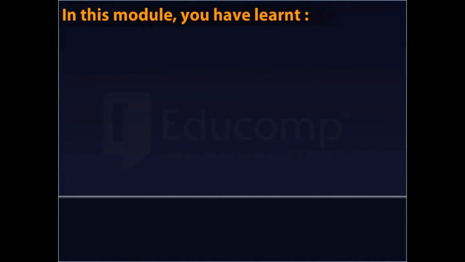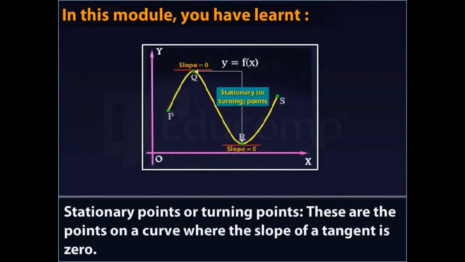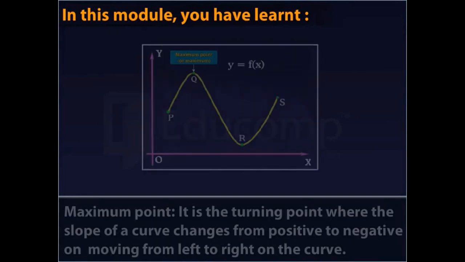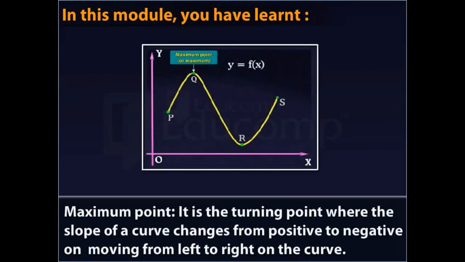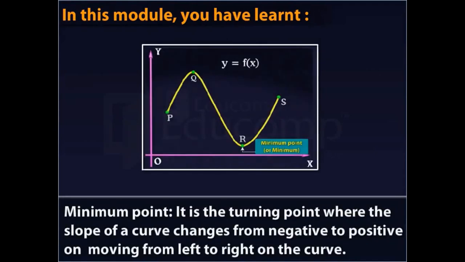In this module, you have learned stationary points or turning points. These are the points on a curve where the slope of a tangent is 0. Maximum point. It is a turning point where the slope of a curve changes from positive to negative on moving from left to right on the curve. Minimum point. It is the